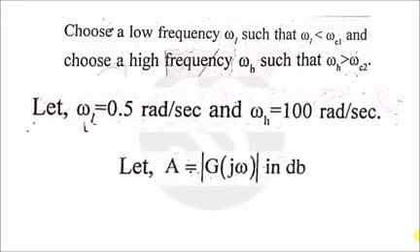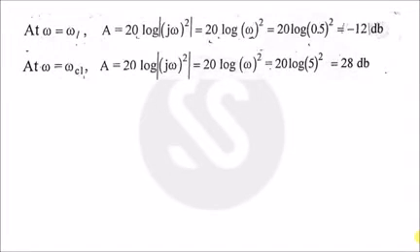So with these two, we need to find out all the gains. I have two corner frequencies and I have added two frequencies, omega L and omega H. So I have a total of 4 frequencies right now, and with those 4 frequencies I have to find out the gain, and that gain should be in dB. Okay, so